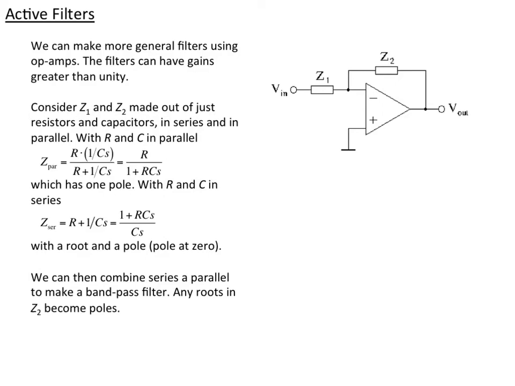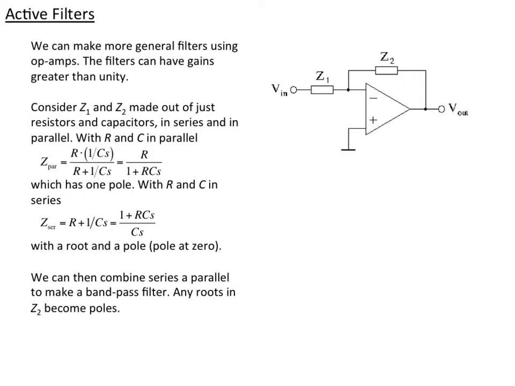We've talked before about high-pass and low-pass filters, passive ones where there's just resistors and capacitors and perhaps inductors. And we've had examples with op-amps as well, but I want to talk now about making active filters in general. An active filter is one in which there is an op-amp. And with that, we can have a filter whose gain is greater than unity, but still has a high pass